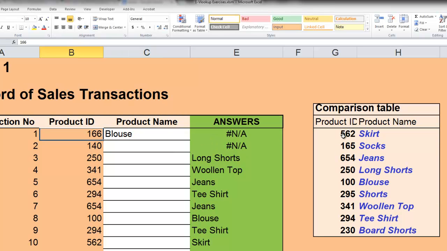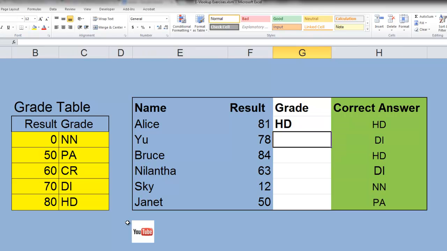However, if you look for 166 across here, the first thing you'll notice is there is no 166. And to understand this, we need to go back to our grades and understand that if we gave Alice 55 marks, she gets a pass. Even though there is no 55 in this first column, Excel can work out that the 55 sits between these two values, 50 and 60, and subsequently will return PA as the correct